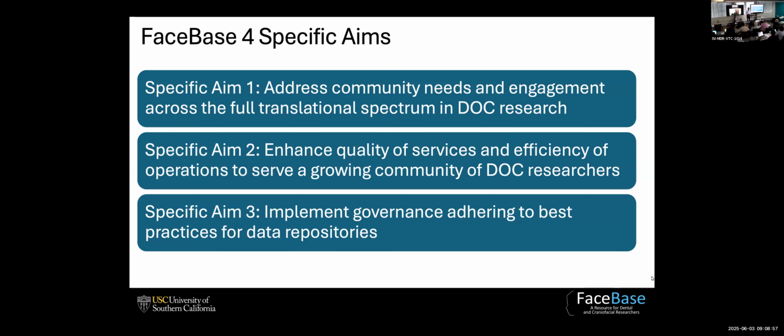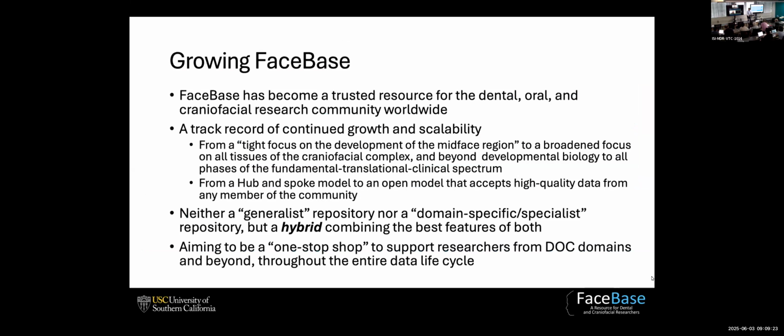Now with collaborations with NIDCD, you will see a lot of this growth in the craniofacial complex, and also throughout the body. Aim 3 was designed to implement governance adhering to the best practice for data repositories. And you will hear more from Rob Schuler's presentation later on about how we are working on that.